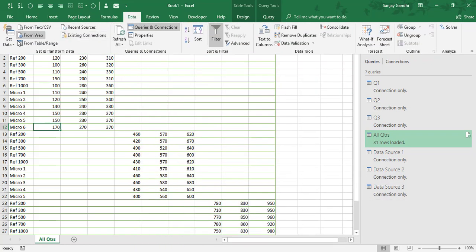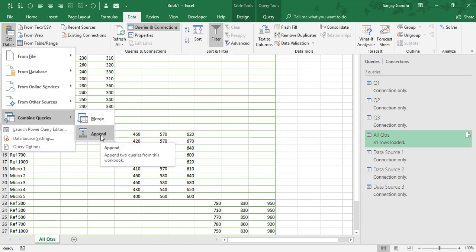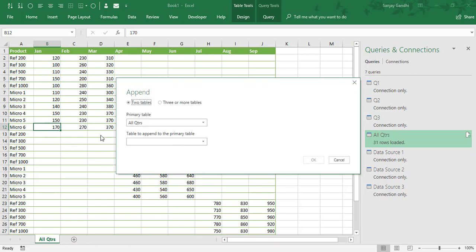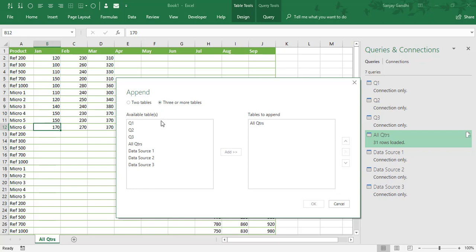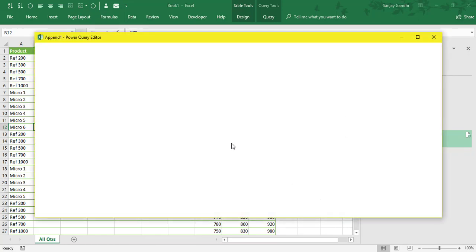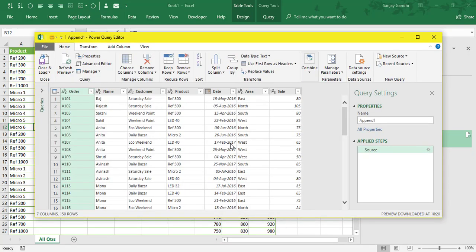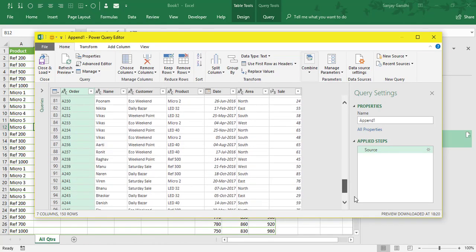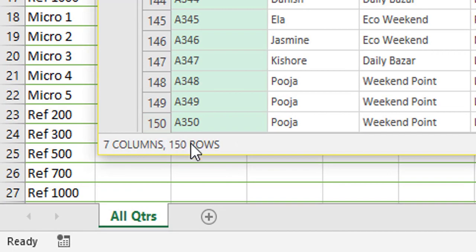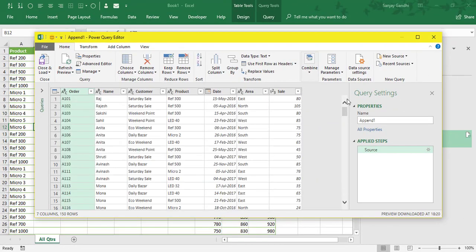Go to the data tab, get data, combine queries, and append again, since we want to add the records one below the other. So we've got all quarters available as the last option that we did earlier. We choose these options. We can remove this from here, select this, shift click these data sources, add, all the 3 are combined over here, OK, and the editor opens up and shows me all 150 records over here, all 150 records available over here, all are combined,